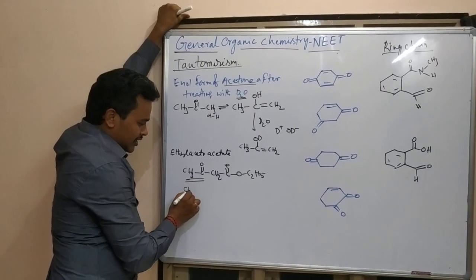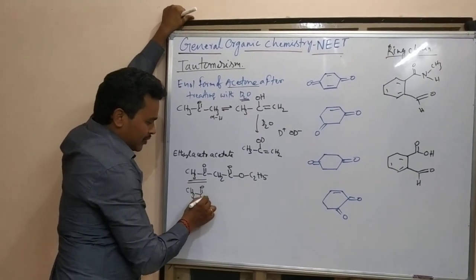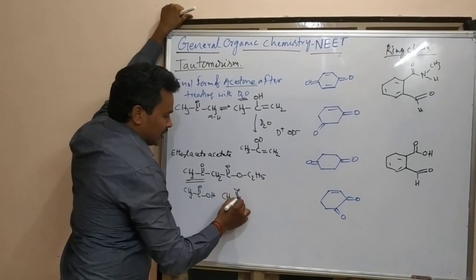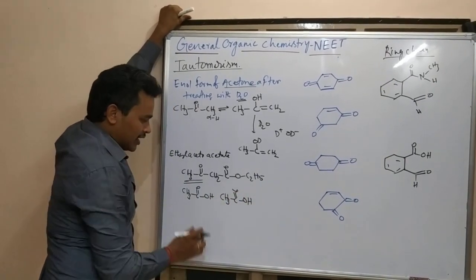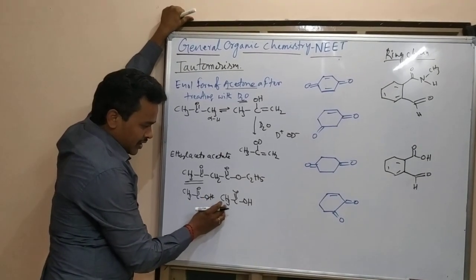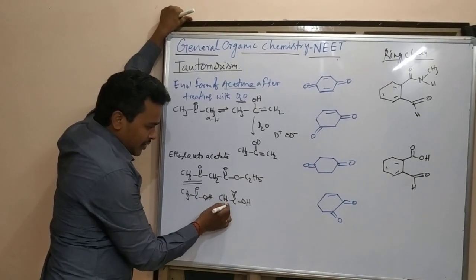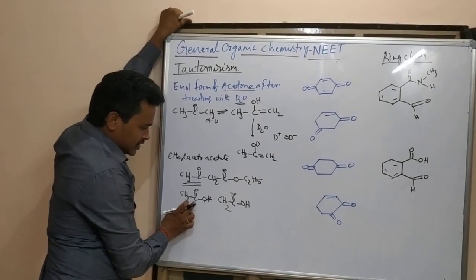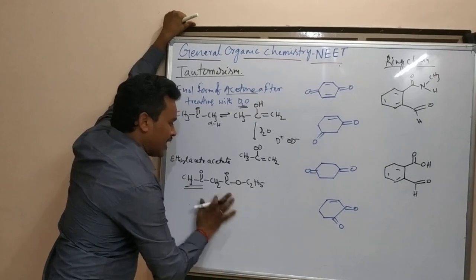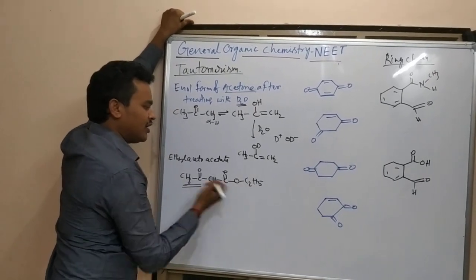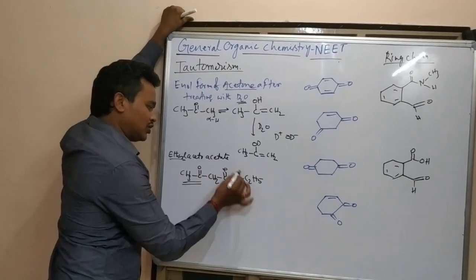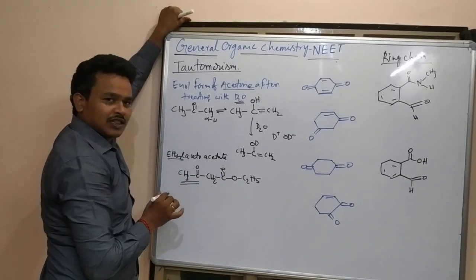How can I write it? Acetic acid, this part now. Now I am taking another acetic acid molecule like this. See that, OH from here, H from here. Both are removed, so what comes? Water comes out, and CH3 C double bond O CH2 is attached like this. Like this you can remember. Ethyl means the ester form will come. Ethyl acetoacetate, that is the thing.